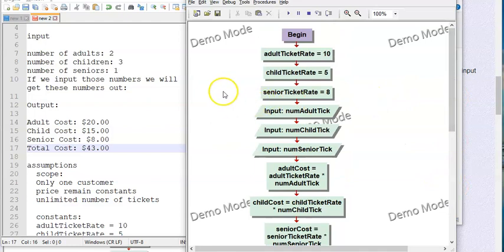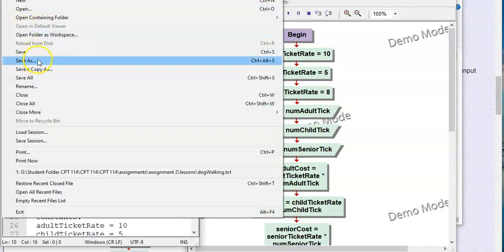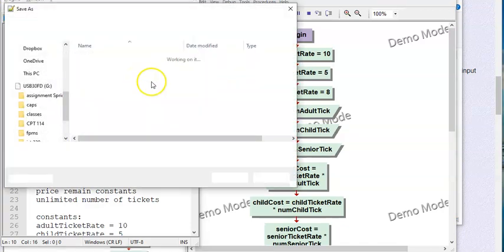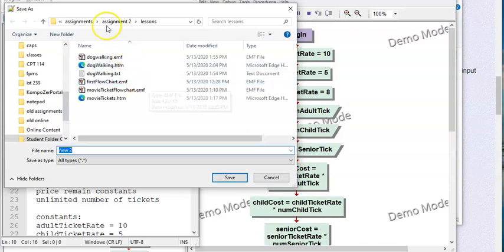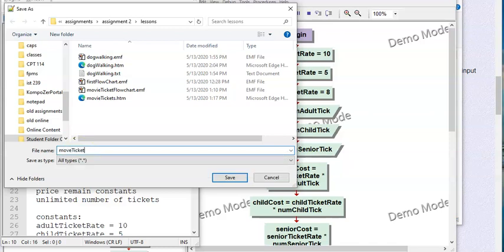And now the last thing we want to do is go ahead and save it. In fact, I didn't save either of these, so let's go ahead and save both of them since we're here. I'll do File, Save As. And what I want to do is go into the 114 folder, right where we were before. These are the lesson 2 lessons. So I'm going to call this movie ticket problem statement